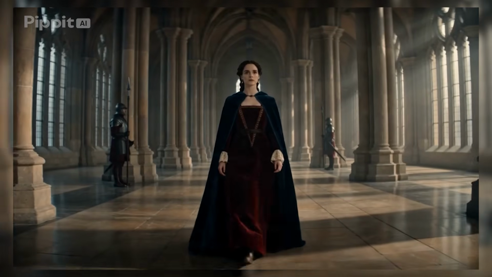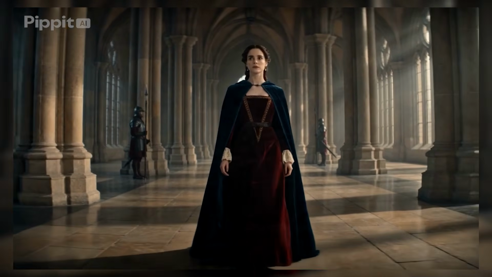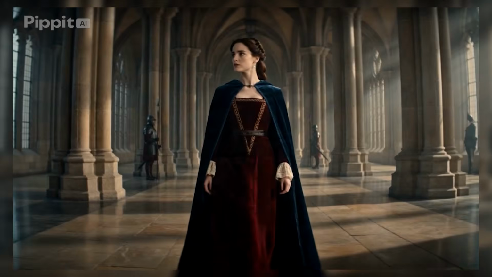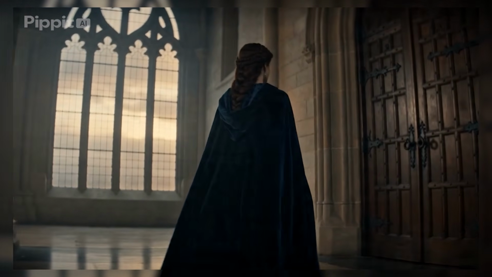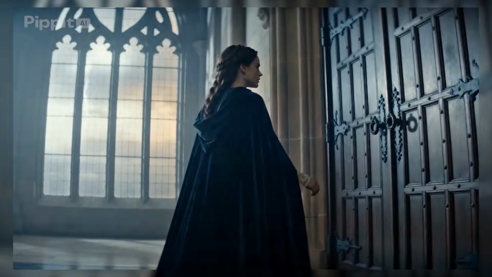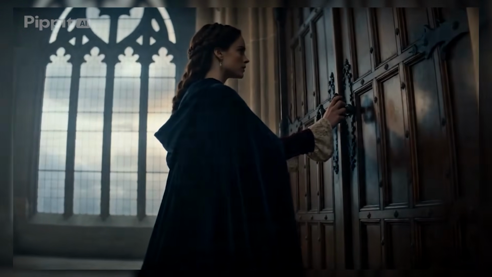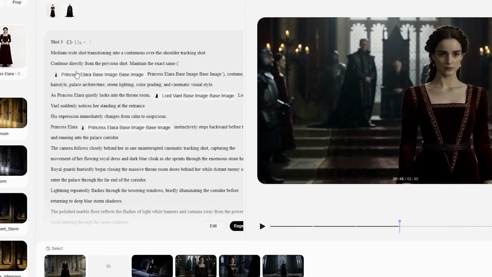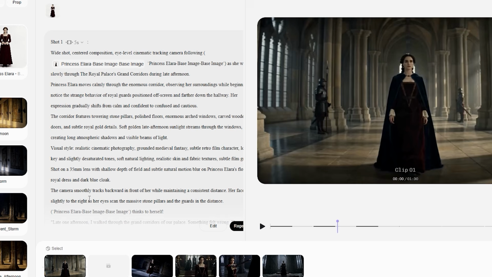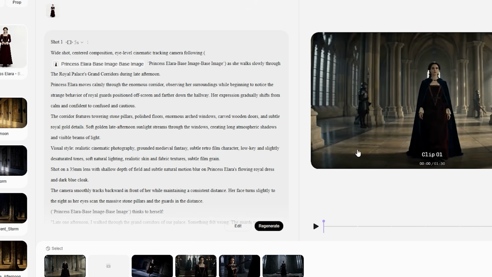For my opening scene, I generate a slow cinematic shot of the princess walking through the palace while guards watch from a distance. The camera drifts through the hallway as sunlight pours through the windows. Instead of feeling like separate images stitched together, it already feels like the opening scene of a movie, and that's only the beginning. Because Seedance isn't just generating longer videos, it also gives me much more control over how every